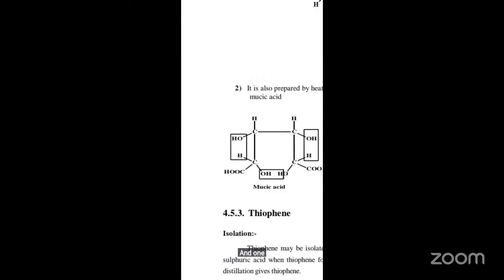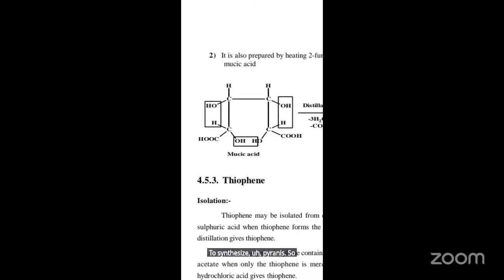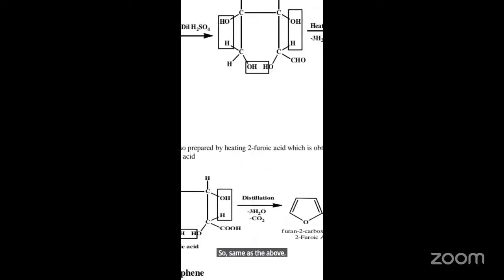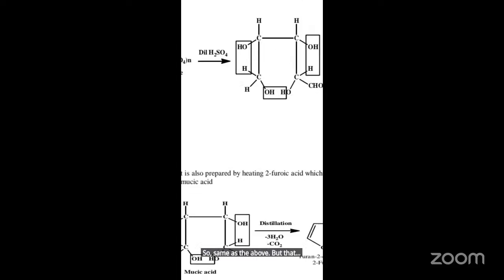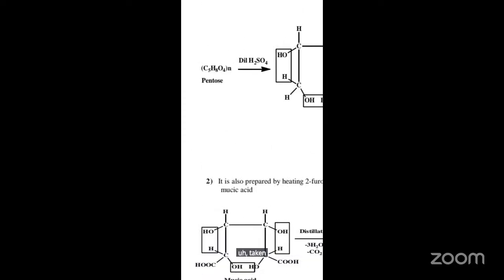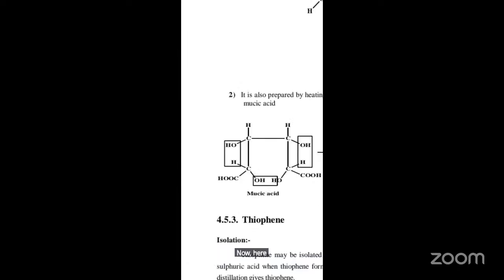And one more method we are going to apply to synthesize furan is from mucic acid, upon distillation. Same as the above method, where generally we take pentose sugar and treat it with dilute sulfuric acid. Now here we are taking the mucic acid,